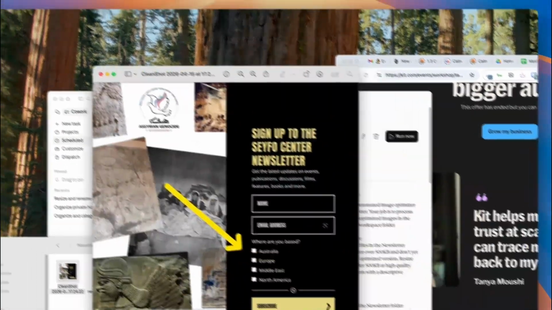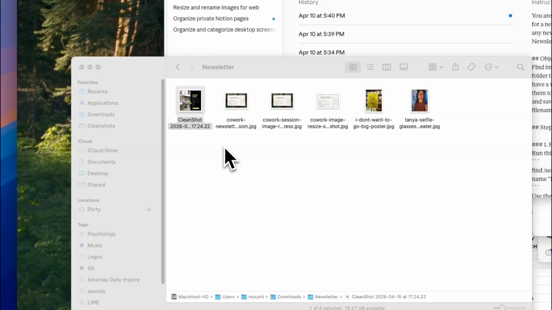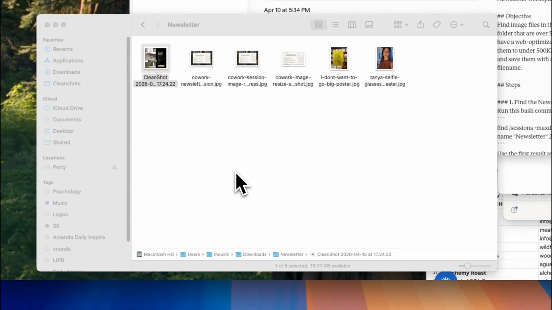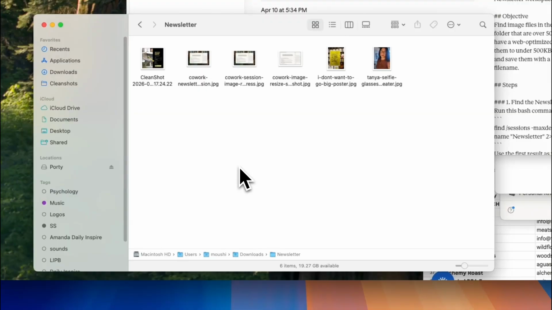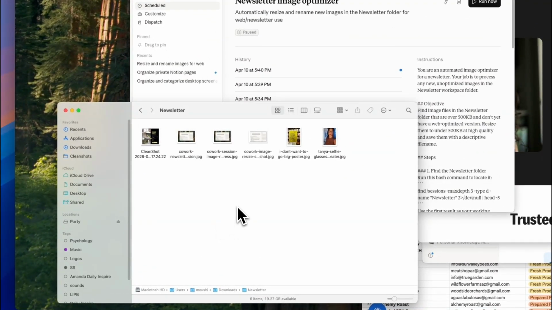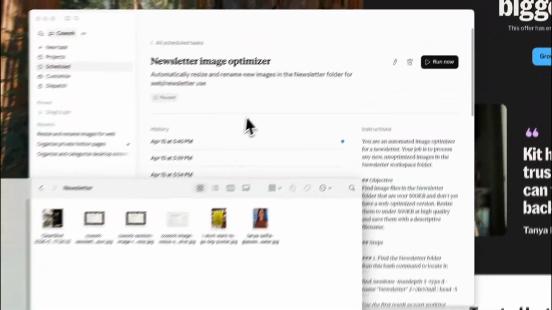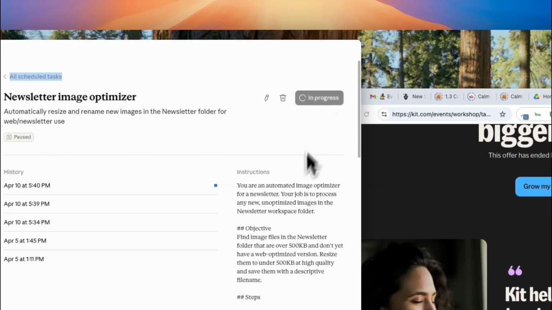Let me show you what this looks like. So this is just a Kit landing page I did for a client. It's literally just a screenshot of that, right? So I just saved it inside this folder, didn't update the name, and certainly didn't resize it. And so this works better if there's a lot of images in here, but if there's just one, it'll work just the same. So I'm going to keep this open, and right now I'm going to hit run,